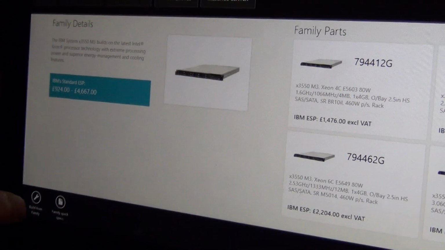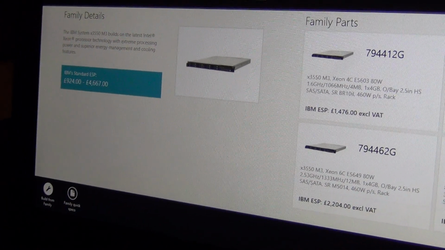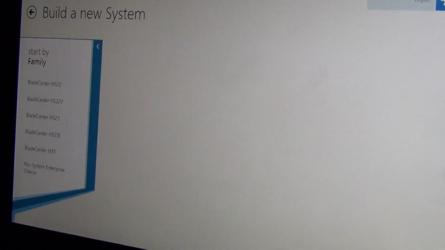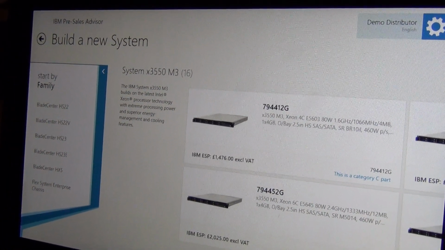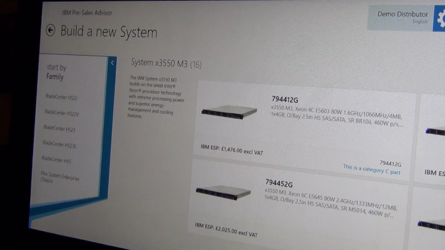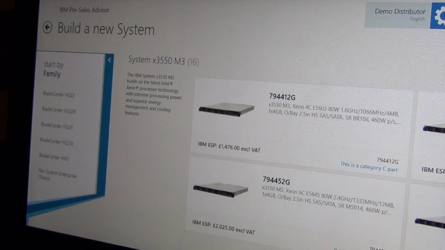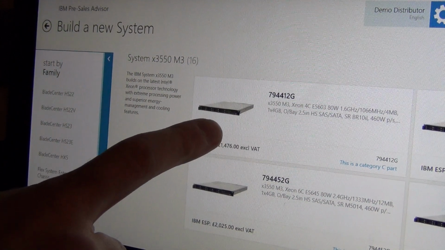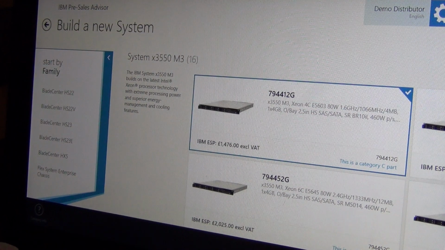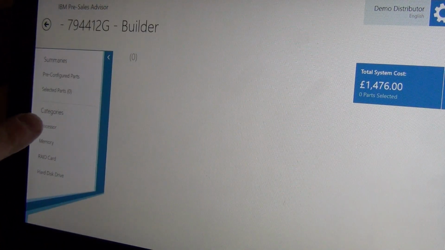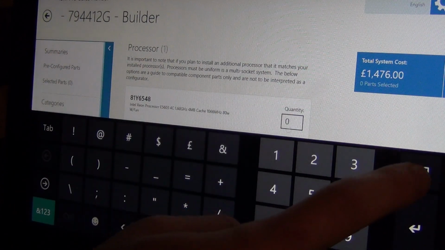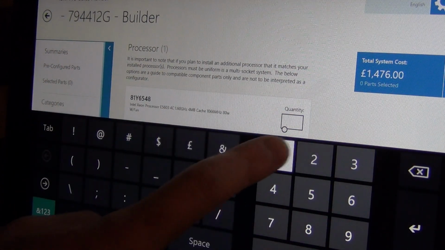Okay, so if I choose to build from this family, we're directed to the Build a New System page, and from here I'll show you how we can now save a build and also add it to a solution at the same time. So if I choose one of these and click Build, I'll add one processor,